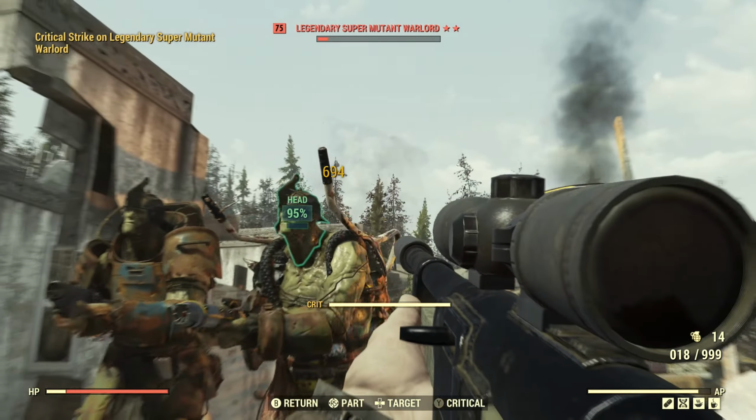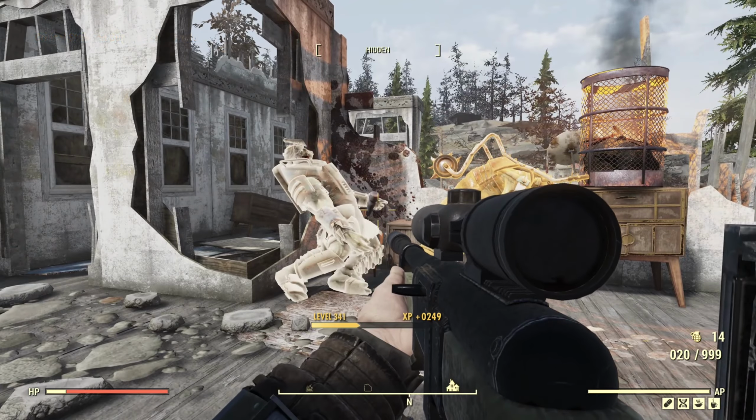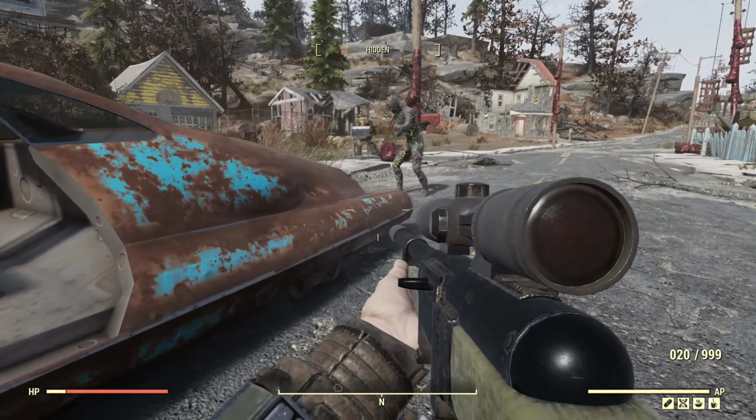That was a crit, and he's legendary, so that was okay. There was a shot that did no damage, even though it registered a damage number. I've been seeing that a lot lately. Now, another